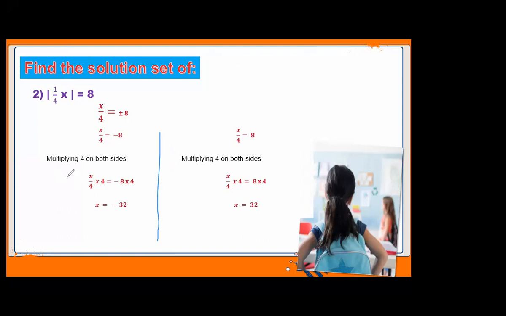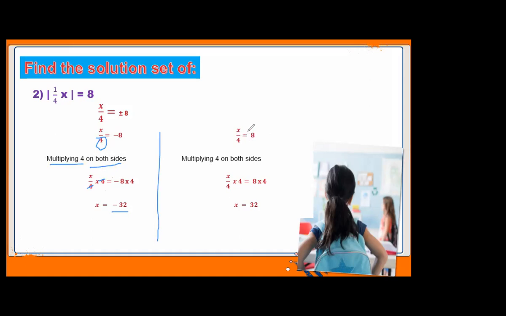First draw the line in the center. Now in this part, this 4 is dividing over here. x upon 4 is there, that means this 4 is dividing, so multiplying 4 on both sides. The same process we have to repeat: 4 ones are 4, we get x. And minus 8 into 4 is 8 fours are 32 with minus sign. Is it clear?